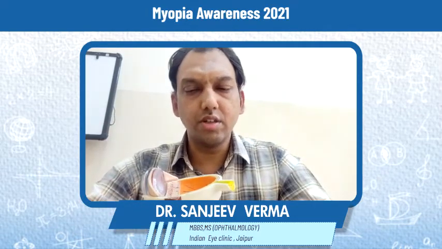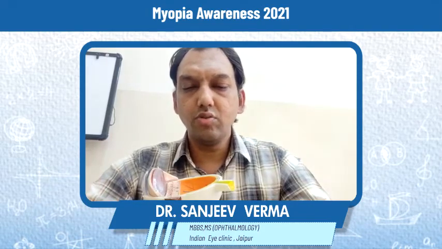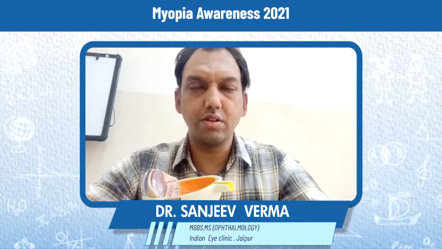Now about the symptoms, we all know that distance vision is blurred and near vision is clear. There is also half shutting of the eye; to see the image clearly, the patient will try to squeeze their eye. In the signs, we can see prominence of the eyeball, and retinal changes can also be visible in case of pathological myopia. Diagnosis is based on retinoscopy and A scan.